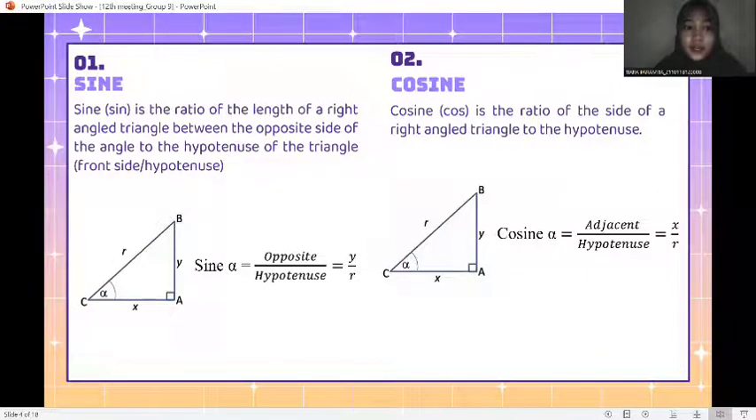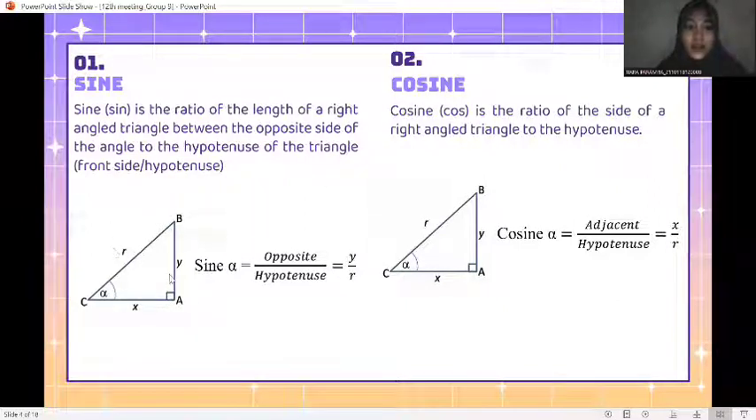Vocabulary 1 is sine. Sine is the ratio of the length of the right angle triangle between the opposite side of the angle to the hypotenuse of the triangle, or front side divided by hypotenuse. Example,